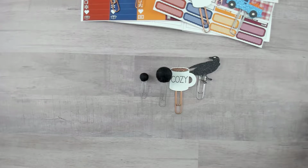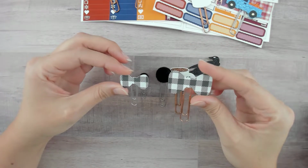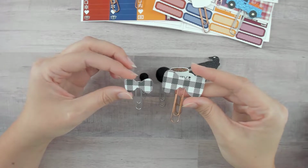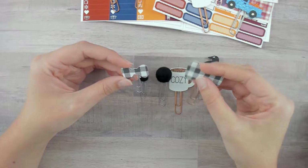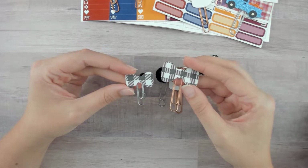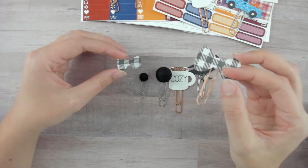And then I have a new bow to the shop. So the black and white plaid bubble bow and mini bow. We do have a ribbon bow that is similar to this pattern, so I didn't make it in this pattern because there is one already in the shop that's pretty similar. So I have it in the mini and the regular. This one I featured on rose gold. This is rose gold. I was trying to make sure it wasn't copper. So it's on rose gold and then this one's on silver. There will be 12 of this size and 13 of this size because one of them did not make it,